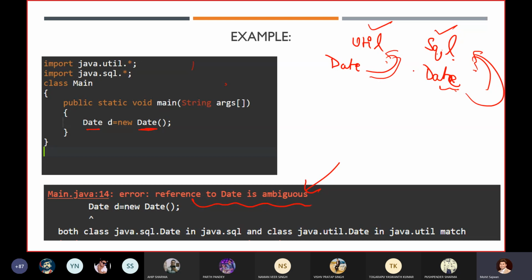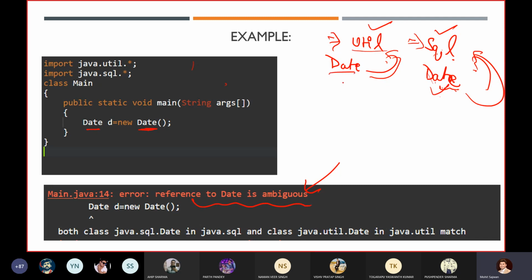But if somebody asks you for the generalized difference, when to use util and when to use the SQL date class, in that scenario you will directly say that